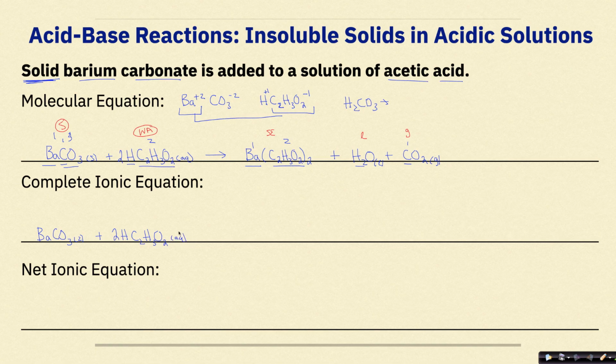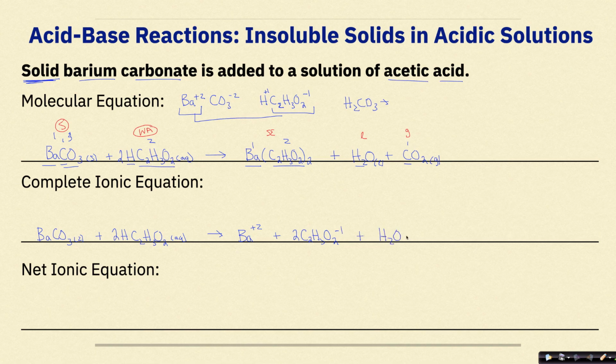Don't touch it. Weak acids and weak bases, don't break those apart. Now, BaC2H3O2, that's a strong electrolyte. So this is going to dissociate into Ba plus 2 and 2C2H3O2 minus 1 plus